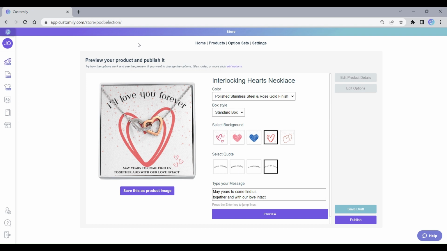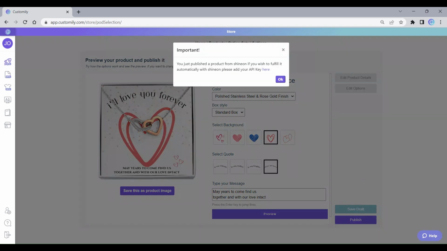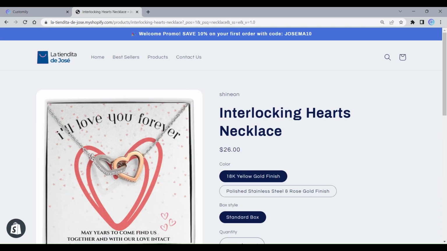And finishing our review, we are ready to go and publish. Remember that if you have not input your API key from Shinon or any other POD inside Customily, you will still be able to publish this product, but it will not fulfill automatically. And I really encourage you to set the API key inside Customily for full integration for automatic fulfillment. It will save you a lot of time. It will avoid delays and any problems at all, and it will be faster when you are processing a lot of orders. So remember that this message will remind you of that, but you can click OK, fully publish,